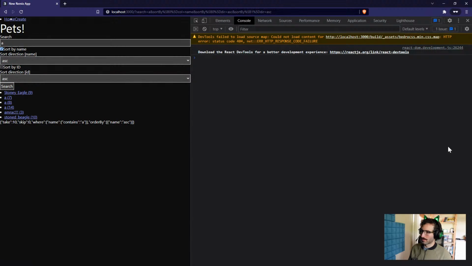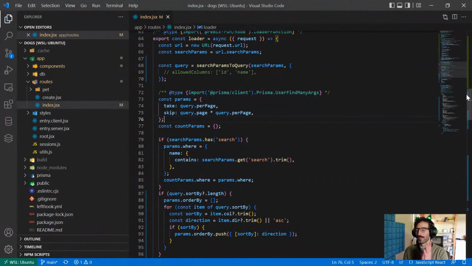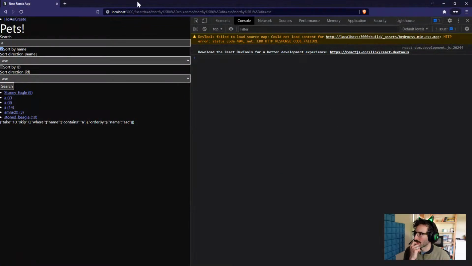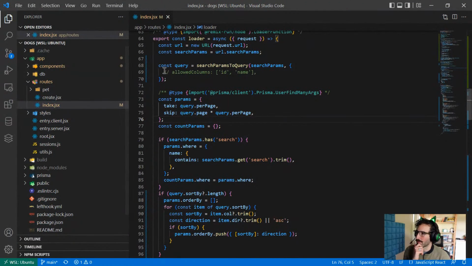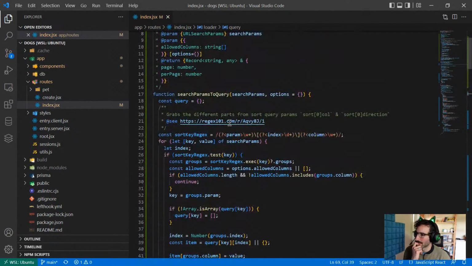Search, I can. So now the question becomes, how aggressive do we want to be with being defensive about this? Do we want to say that by default, anyone can pass whatever sorting and column they want, and that if you want to be more defensive, you have to explicitly define it? Or do you say something like,